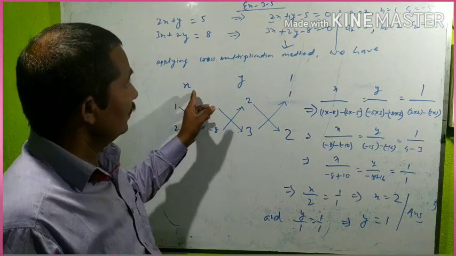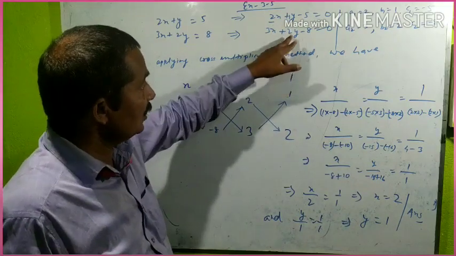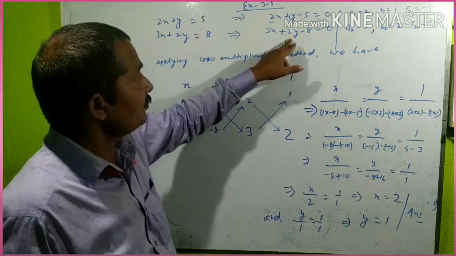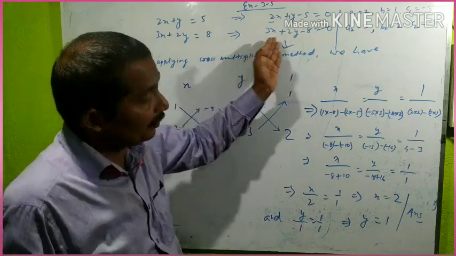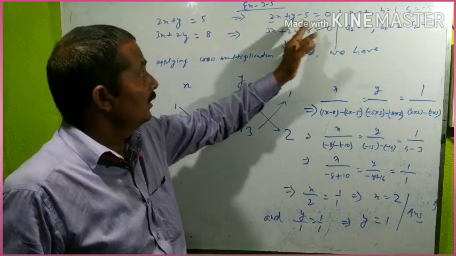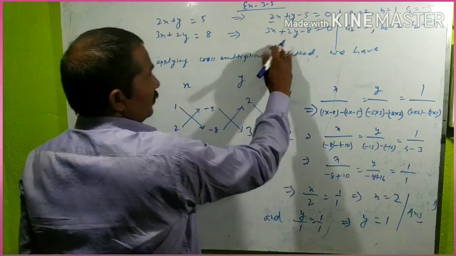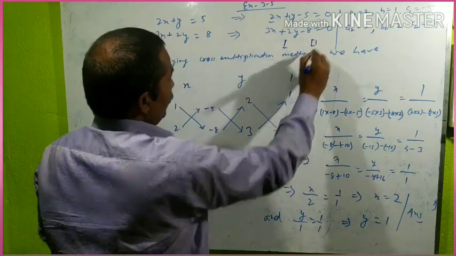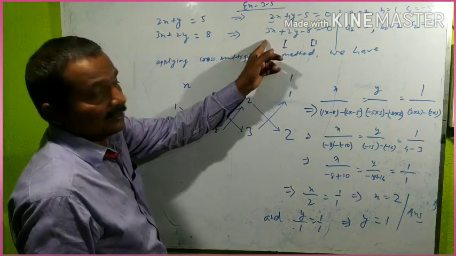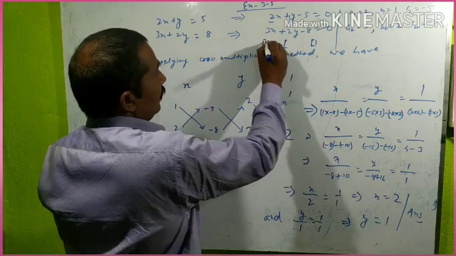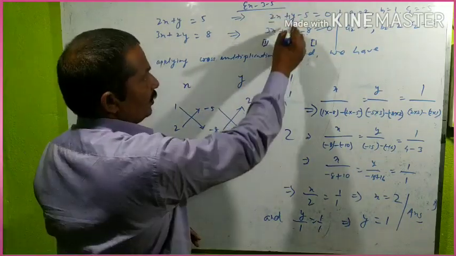X is here, you will drop the coefficients of x. Or you will start from here now, as I taught. 1 by 2, 1 and 2. And then you will move forward here. Next is what here? Minus 5, minus 8. The first one, this first one. Second one, minus 5, minus 8. I have written here minus 5, minus 8. Then you will start from here. Third one, 2 and 3.